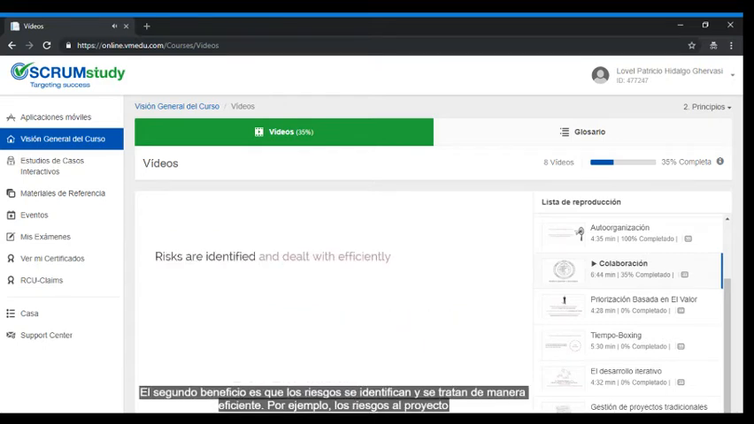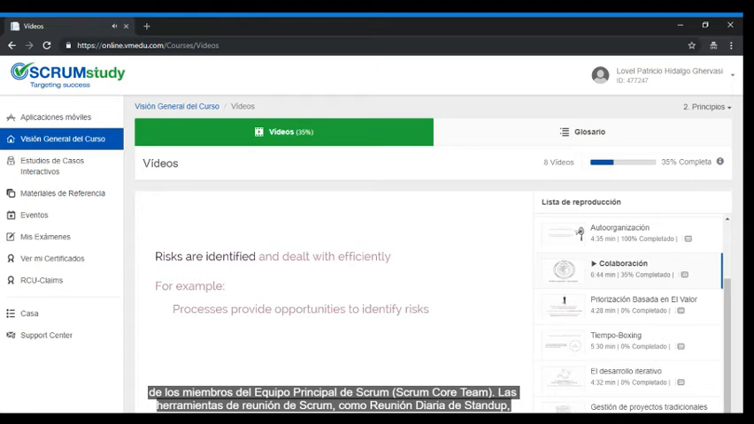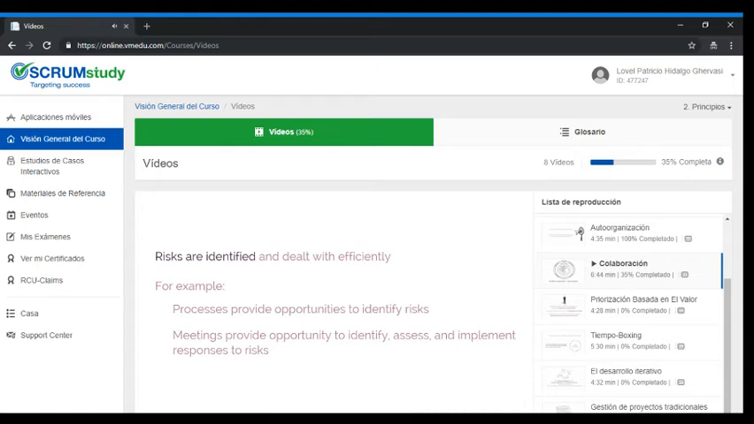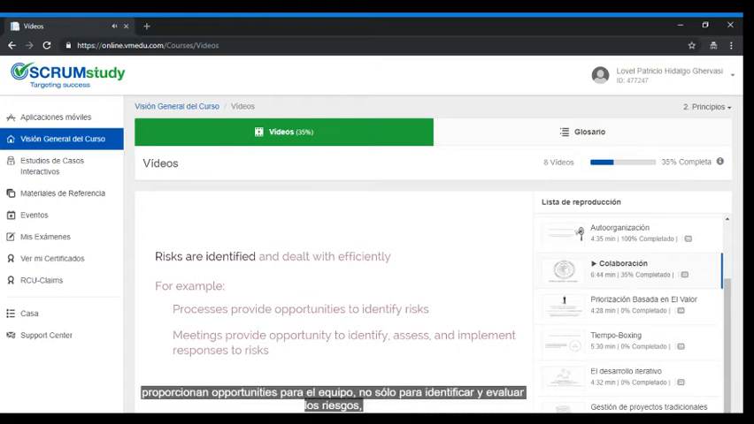The second benefit is that risks are identified and dealt with efficiently. For example, risks to the project are identified and assessed in the develop epics, create deliverables, and conduct daily stand-up processes by the Scrum core team members. The Scrum meeting tools such as the daily stand-up meeting, sprint planning meeting, prioritized product backlog review meeting, and so on provide opportunities to the team to not only identify and assess risks, but also to implement risk responses to high priority